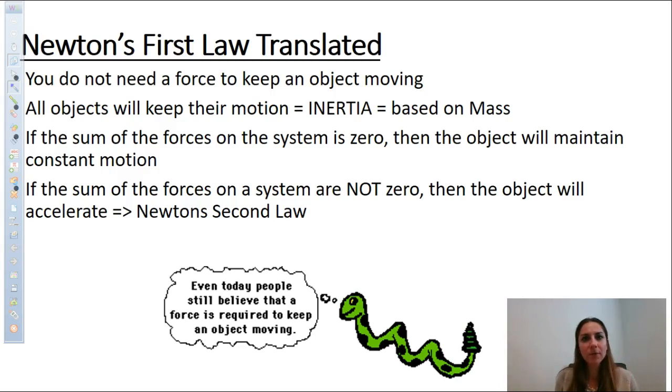Now, the ability to keep an object in motion is dependent on an object's inertia, which is how big an object is. So it's dependent on its mass. So literally how much stuff the object's made out of, a collection of atoms. So that counts. That's mass. So for example,